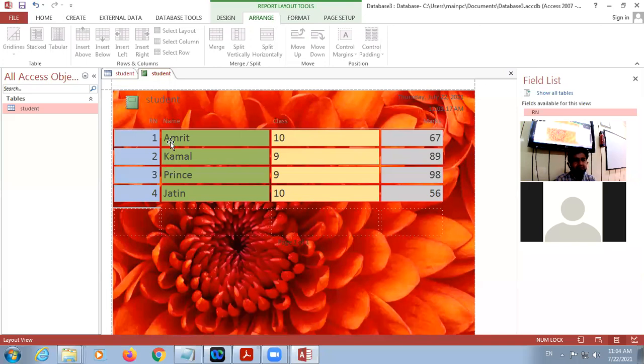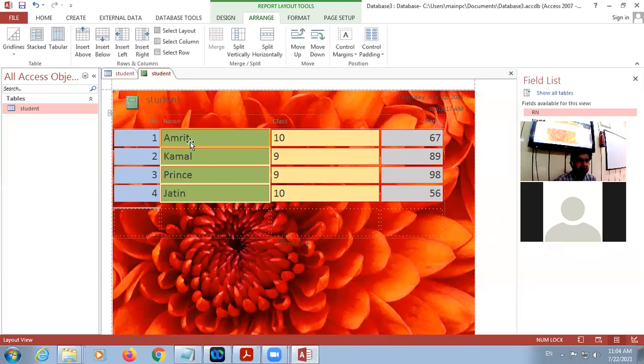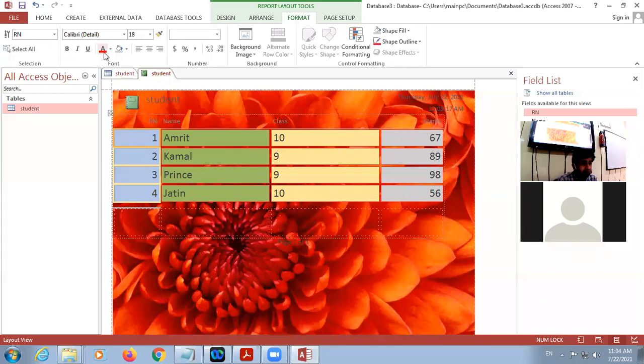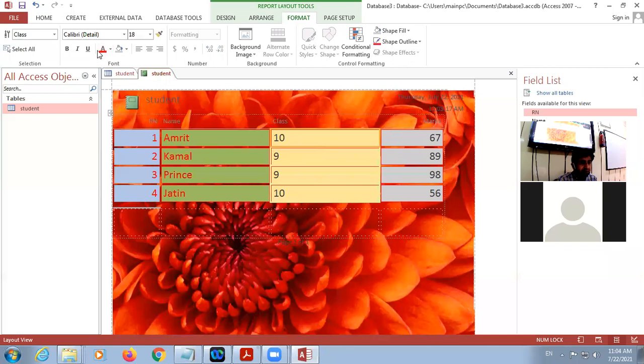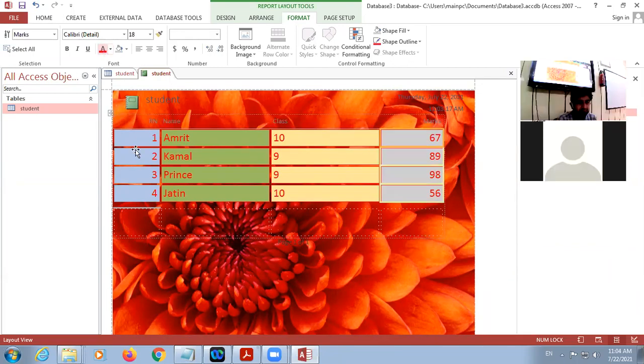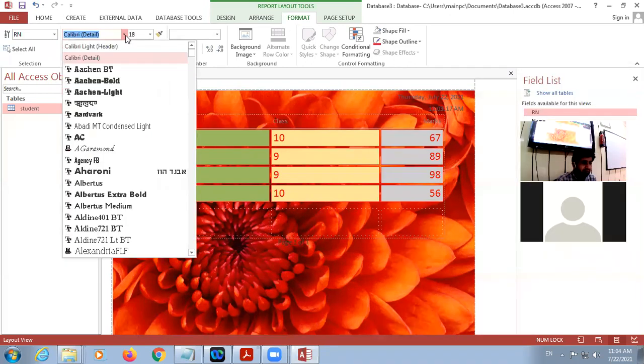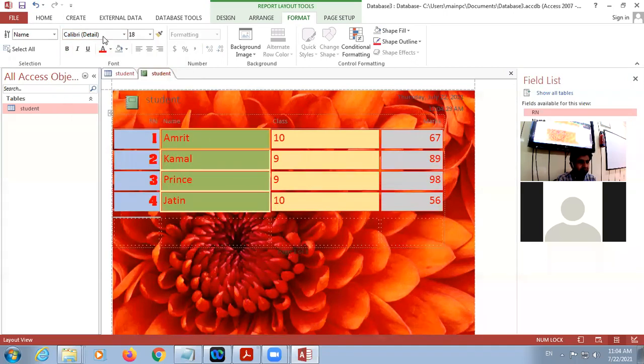So look here, if you click on them, different features are there. You can apply these features. Format may be different, and you can change the font color. You can change the background color. You can make your text bold. You can change the font face. So different features are there.